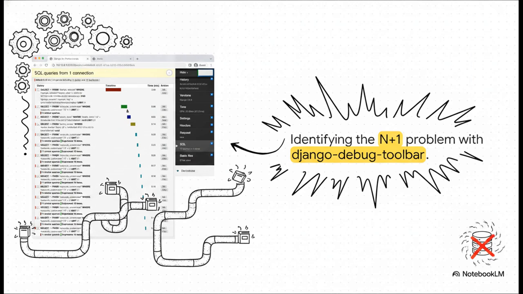As projects grow, the database almost always becomes the bottleneck. We're looking at a classic example of the N+1 query problem here. Imagine a page listing 10 books, and for every single book, the database is queried again to fetch its author or its reviews. One page load suddenly triggers dozens of similar duplicate database queries, which is going to completely bog